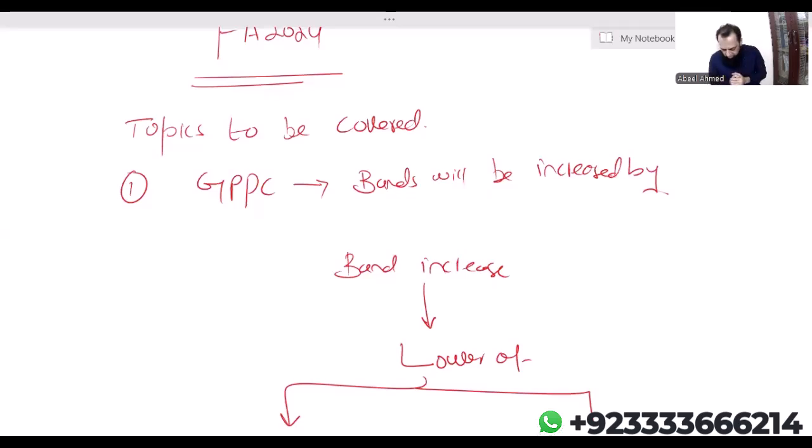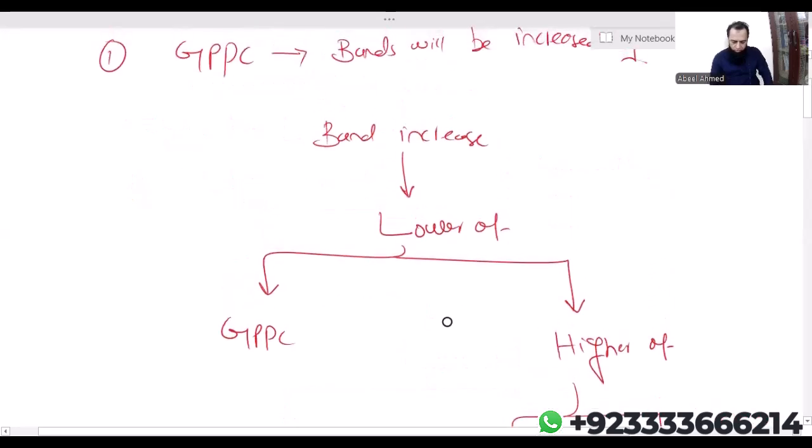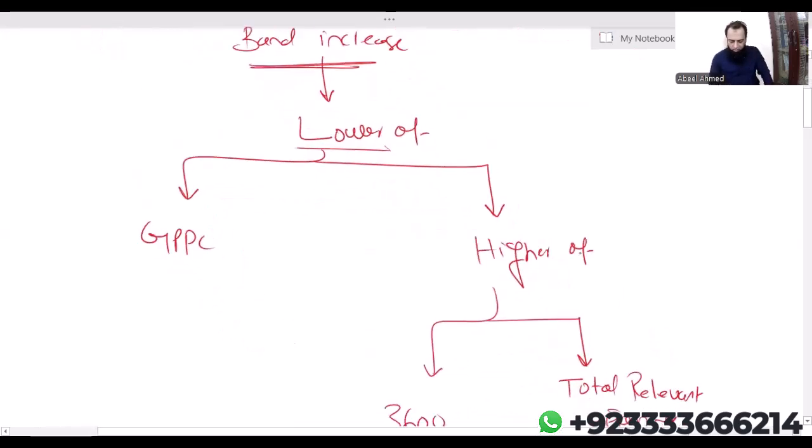Okay, so the recording is in progress. Whenever there's a gross PPC, you have to take a pause and you need to know exactly by what amount you will increase the basic and higher rate band. So for gross PPC, the bands will increase by the lower of. One is, leave this part, come here.